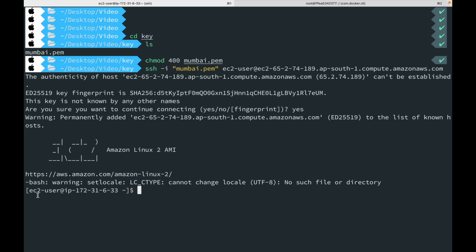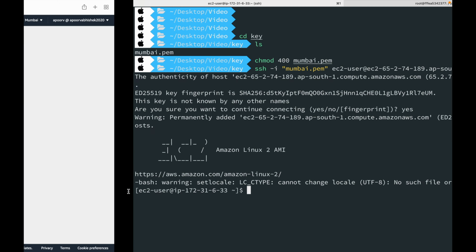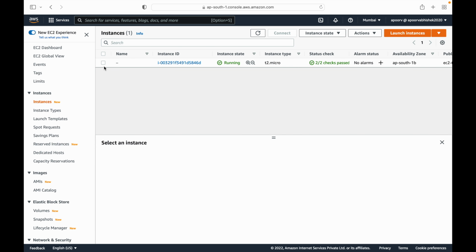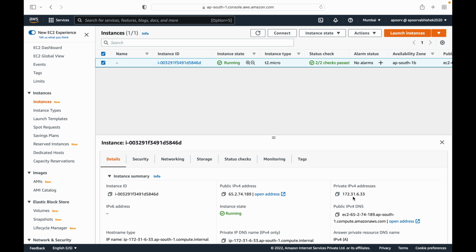You can see the username has been changed to ec2-user, so user is ec2-user and this is the private IP 172.31.6.33. You can see if I cancel this and select this, 172.31.6.33 is a private IP, but we can't access the private IP from here. If we want to connect to this instance, we can use the public IP address. So if we copy this,